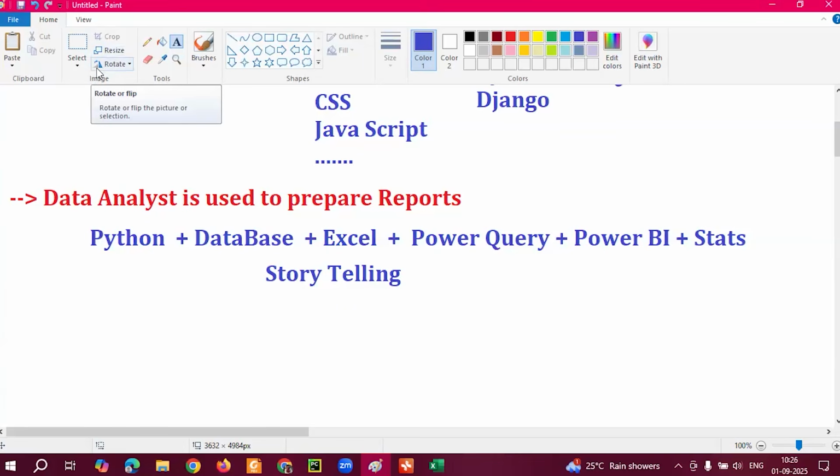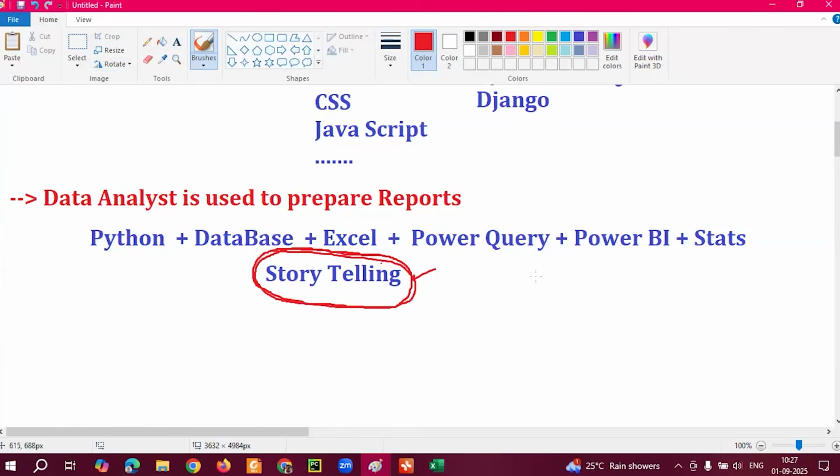So at interview time in the company, the most important thing is this: as a data analyst, preparing the report plus explanation is very, very important. The storytelling part is very, very important. So as a data analyst, you can go to any place in Hyderabad, guys. This is missing. Everyone is focusing on how to prepare reports, but no one is focusing on how to explain the reports. If you are unable to explain the reports, there is no use at all. Good. So this is what a data analyst does.